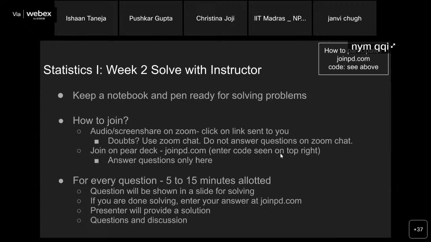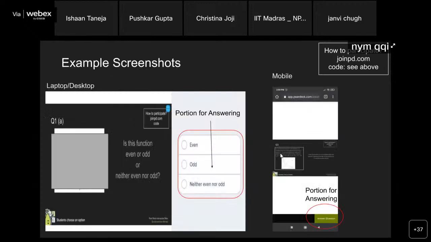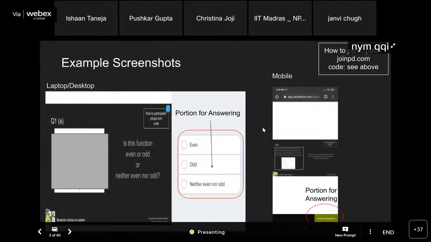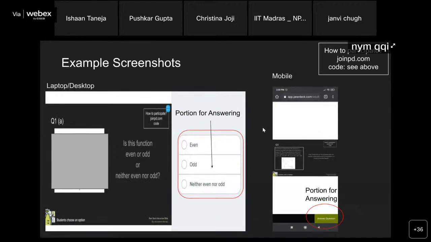Just log in on a new tab or a new browser, go to joinpd.com and enter the code shown on the right top of your screen, which is NYM double QI. Okay. As soon as you enter this code after logging in to joinpd.com, if you're using laptop or desktop,